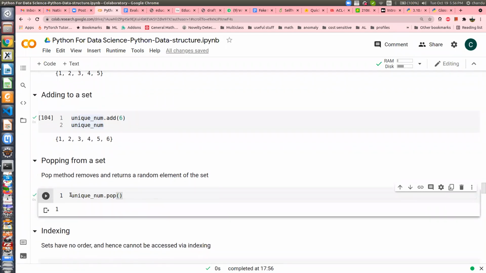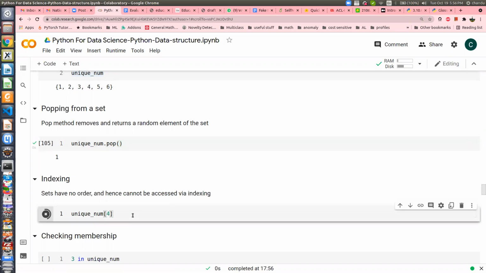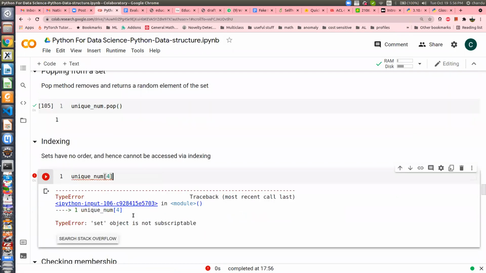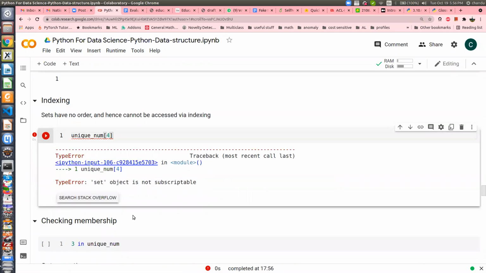If you call pop, it will remove a random element. Sets have no order, hence they cannot be accessed by indexing. If you try to index one, it is an error because we don't know which index you are talking about.